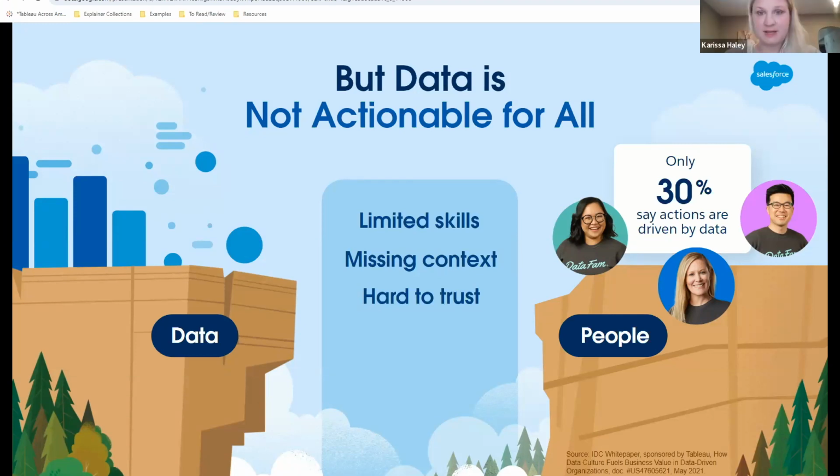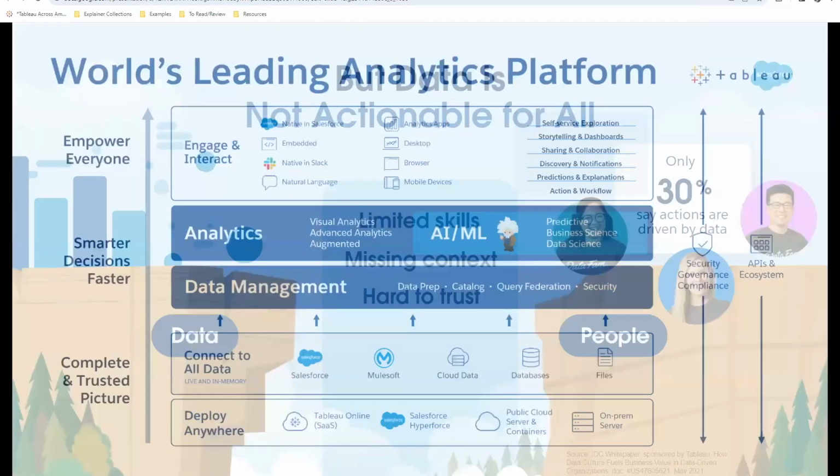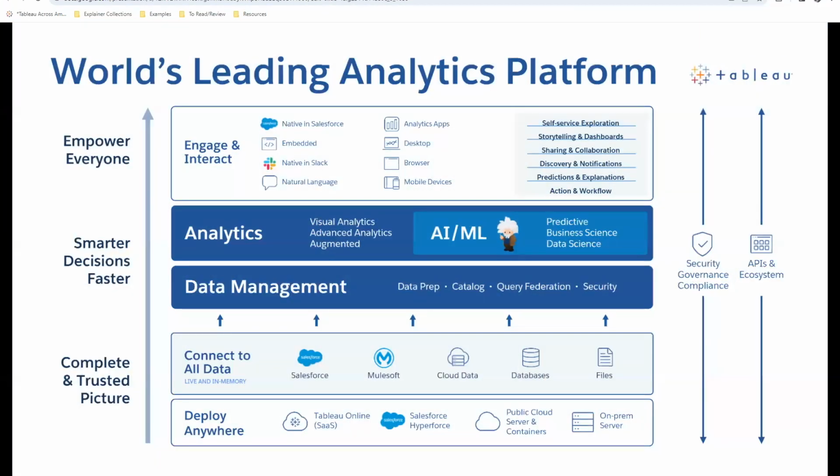Perfect. So I'm going to talk next a little bit about the platform itself. I know this can get to be a bit of an eyesore, so stay with me on this one. I'm going to start at the bottom here with this deploy anywhere. So Tableau can be deployed as a SaaS offering. If you just want to get up and get going right away, this is the fastest way to make that happen. There's nothing you have to do. There's no other costs that come with the SaaS offering. There are no upgrades that you would have to do to anything. You're just ready to plug and play and start going from there.